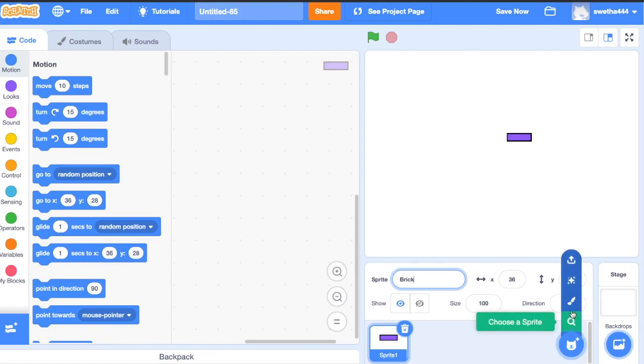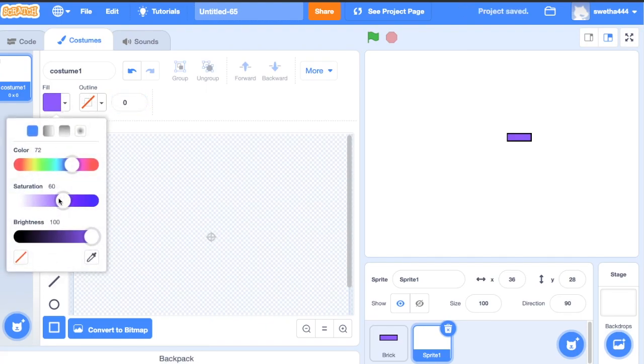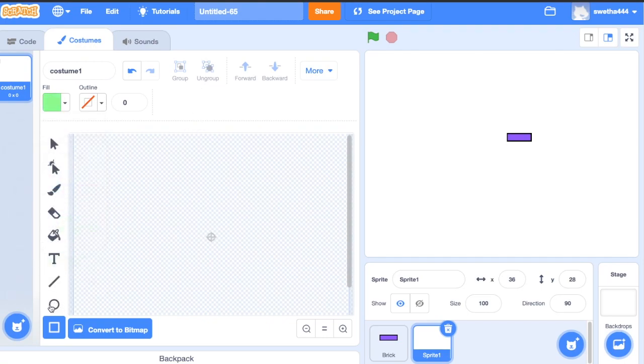Next, we need a paddle. Now I am going to draw the paddle.